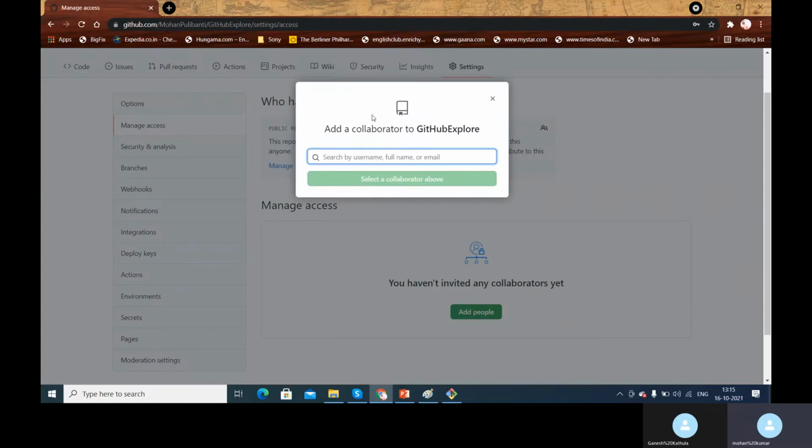So if you want to add someone to this, you just need to give their name over here, and a mail will be triggered for them asking for their approval, whether they are interested to join this project or not. Let me try with some sample name that I do have here. So I'll try with your name, Ganesh. So when I go to the DevOps team,